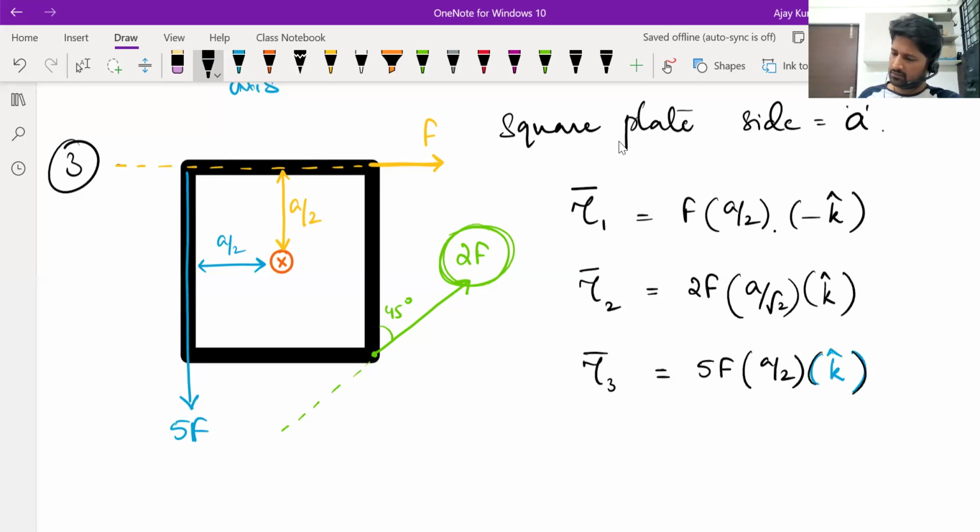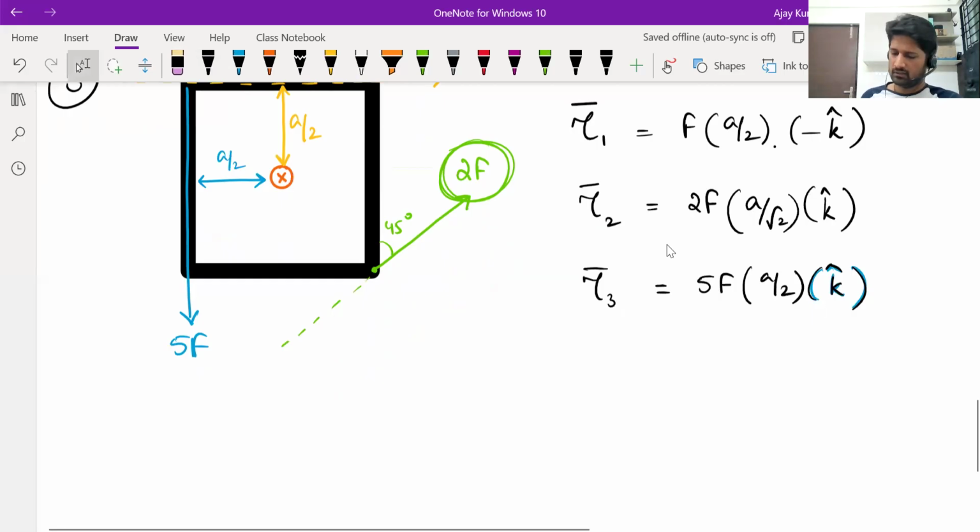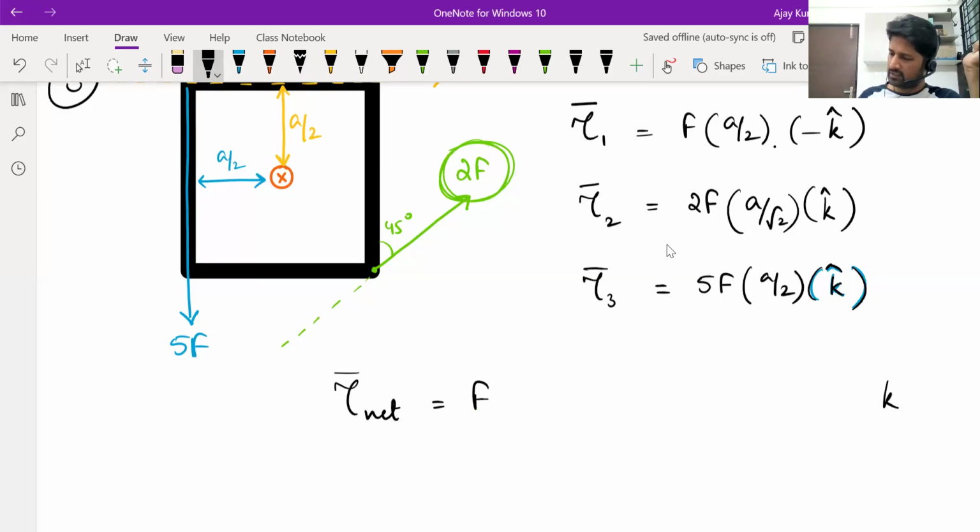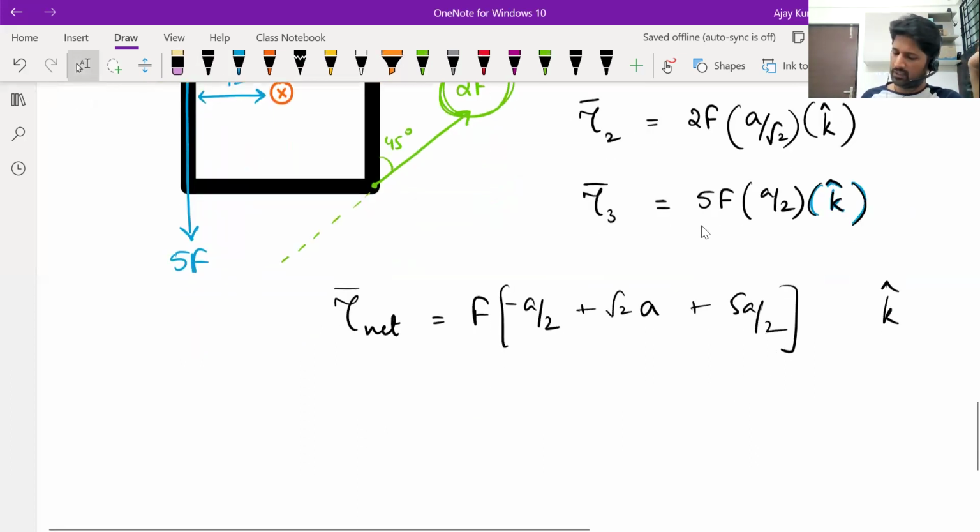Right. So these are the torques produced by each of the forces. You add them vectorially, you will get the net torque. So the net torque will be the sum of these three. You can keep F aside. K cap also can be kept aside. In between, you will get first is A by 2, minus A by 2. And in the second term, we have 2A by root 2, that is root 2 A, plus root 2 A. And in the third term, we have 5A by 2. 5A by 2 minus A by 2 is 4A by 2, that is 2A. So the answer is 2 plus root 2